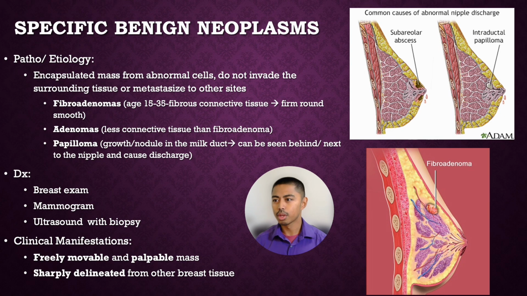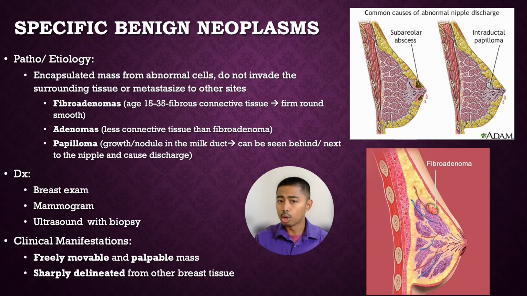So new growth. With these benign neoplasms, these benign tumors, they come from localized cell division or proliferation. It stays encapsulated, and it doesn't invade and doesn't metastasize to other structures of the breast. Fibroadenomas are going to be one of three of the common benign neoplasms. The fibroadenomas are commonly found in ages 15 to 35, and come from fibrous and glandular connective